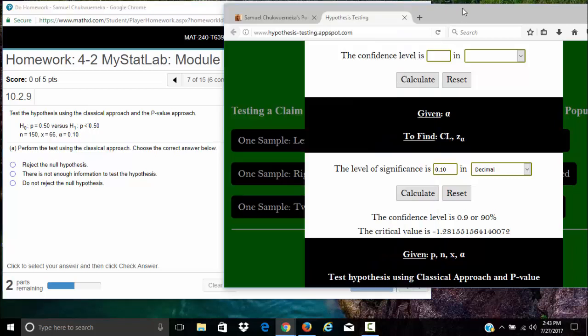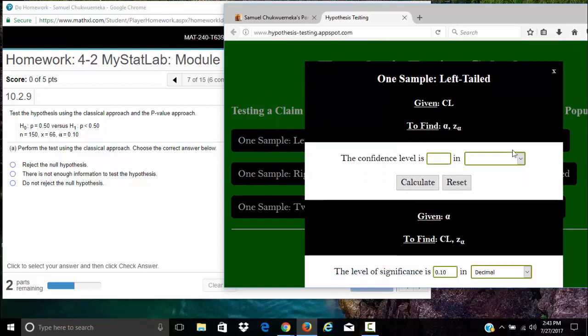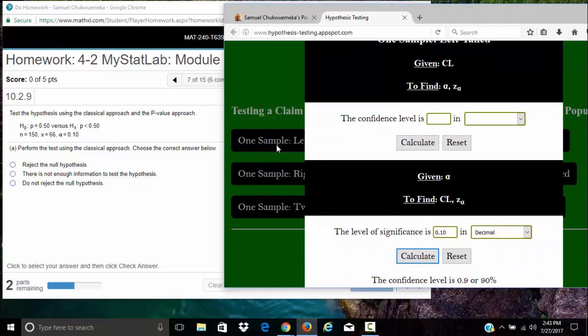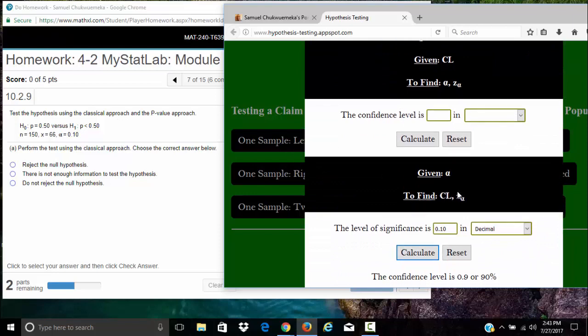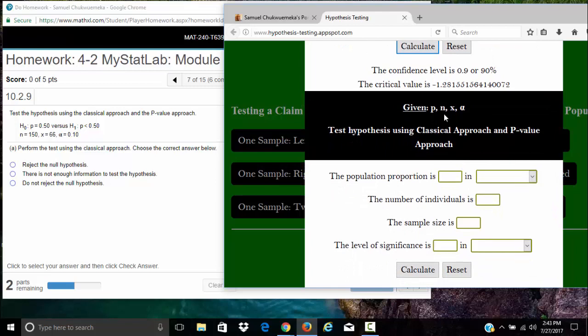So come back to this calculator. It's still one sample left-tailed. So just scroll down. This is test hypothesis using classical approach and p-value approach. So the population proportion here is 0.50,